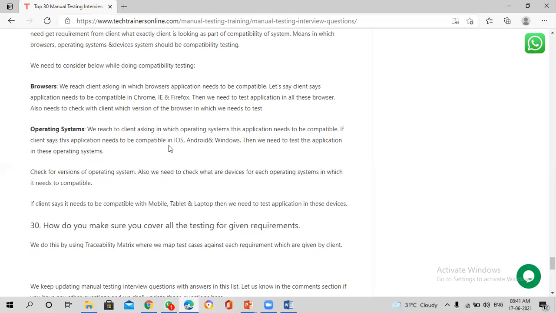So just change the browser name, browser equal to Chrome, it will execute in Chrome. Change the browser name equal to Firefox, it will execute it in the Firefox. Change the name into Microsoft Edge, it will execute all same test cases in your Microsoft Edge. And then change the device equal to tablet, change the device equal to laptop, change the device equal to mobile, and it will do that.